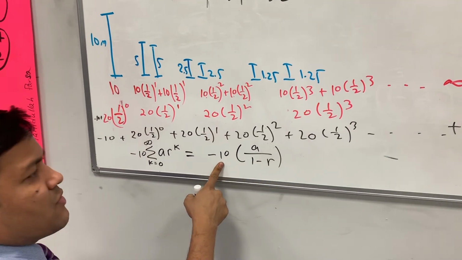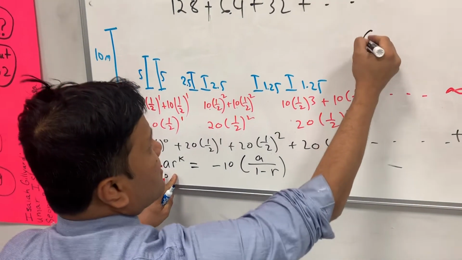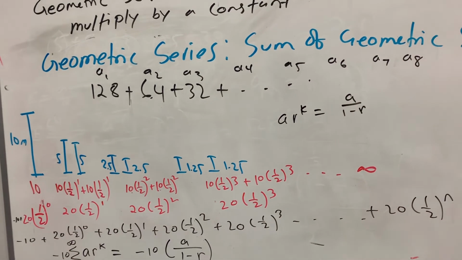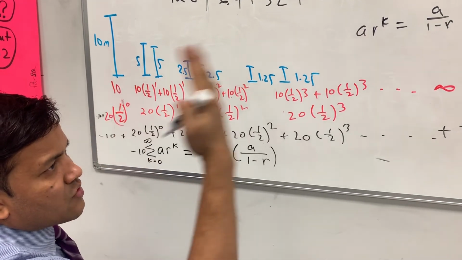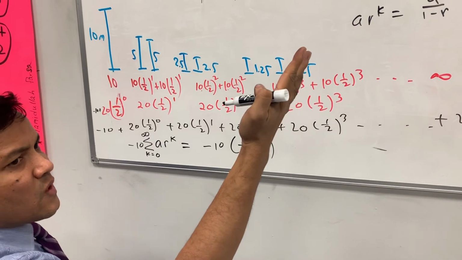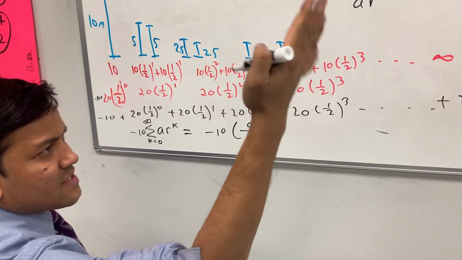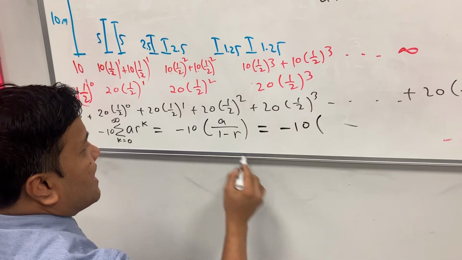Minus 10 doesn't come with the formula; minus 10 comes from the outside. So the sum of a r to the k is equal to a over 1 minus r, because of the proof which I will show you in the future, that infinity plus 1 is equal to infinity, so they cancel out. So minus 10, a is